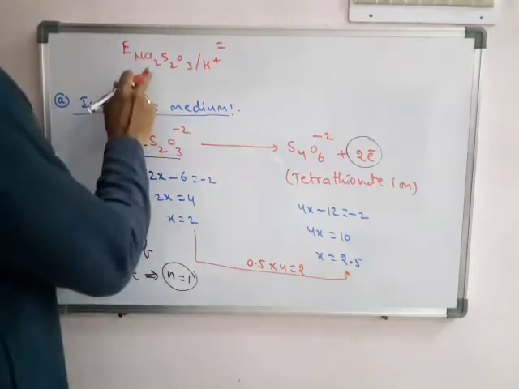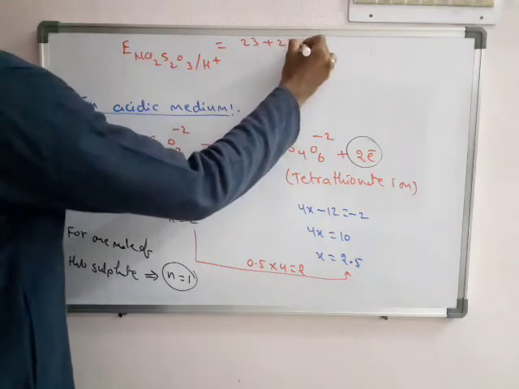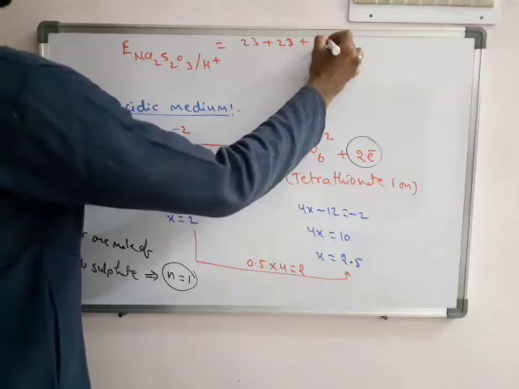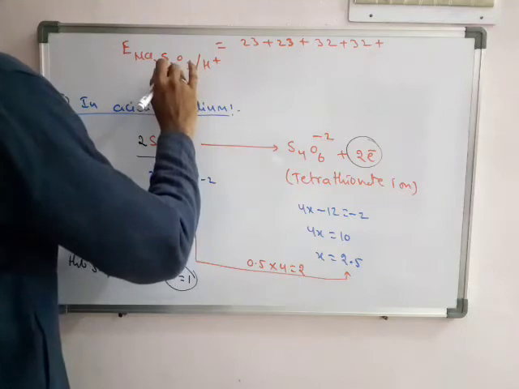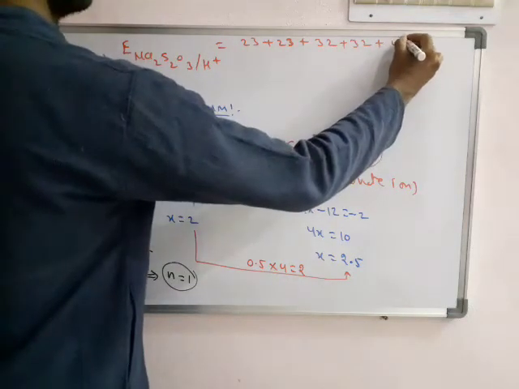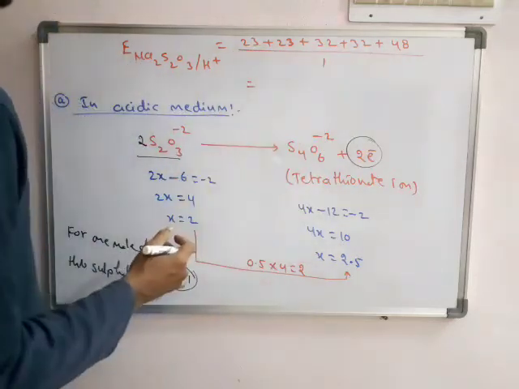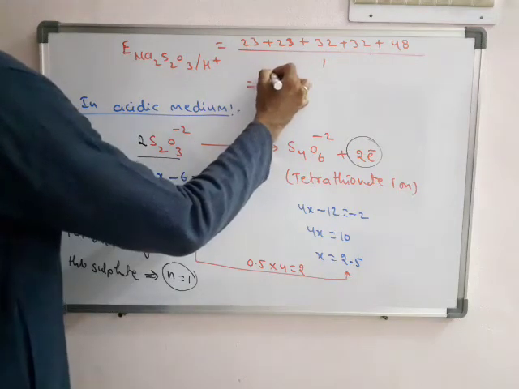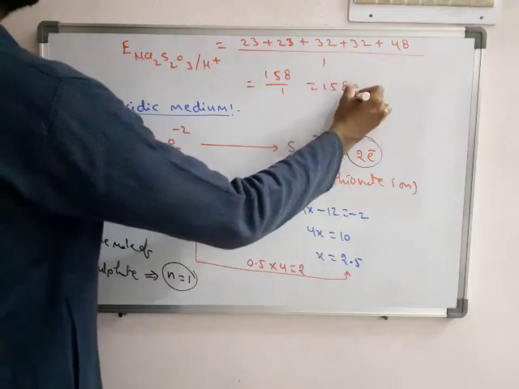So what is the molecular weight? Here sodium 23, 2 sodiums are there, 46, 2 sulfurs, that is 32. So 16, each oxygen 16, means total 3 oxygen, 48, divided by how many electrons? Simple, 1 electron. What's its total molecular weight? 12. So total 158 by 1, that is 158 grams.